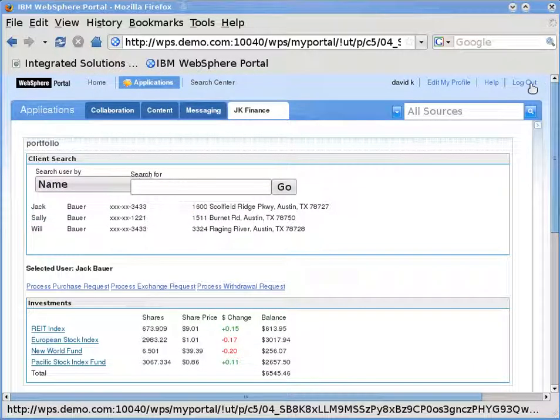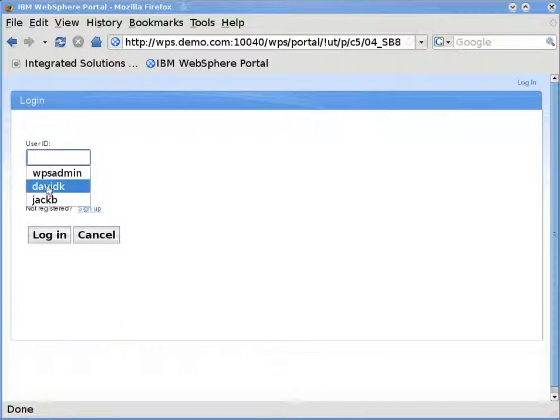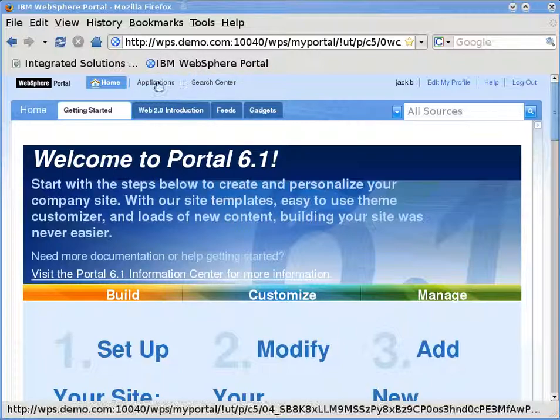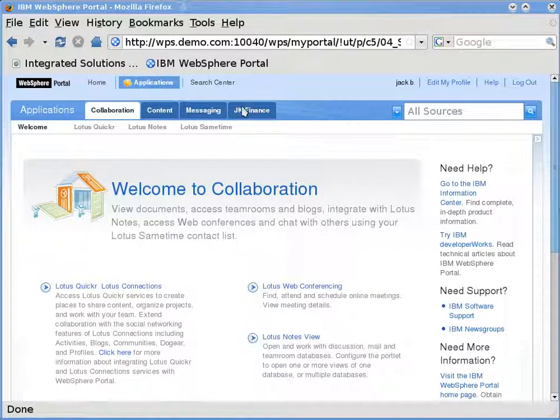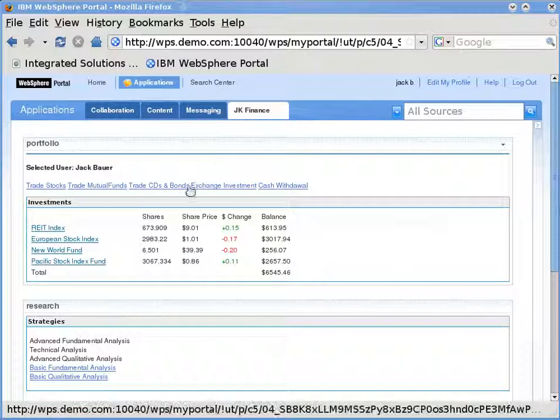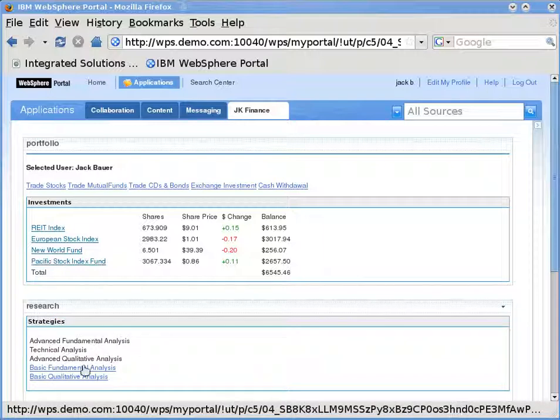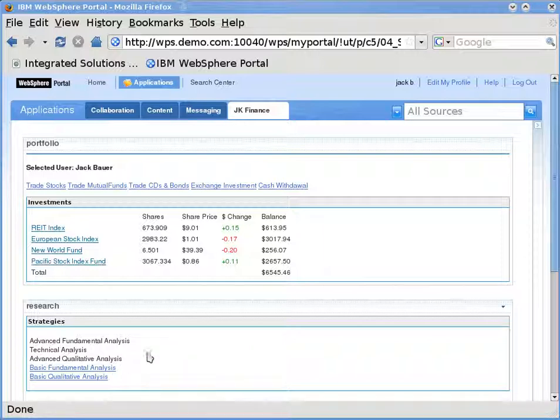However, if we log in as Jack B into the same application, JK Finance application, notice that Jack cannot see that client search, and he has all these advanced fundamental analysis, technical analysis, and advanced qualitative analysis grayed out. How we define these without having to do anything on the application, of course. This is fine-grained authorization at its best, and this eliminates the need to have this done on an application at